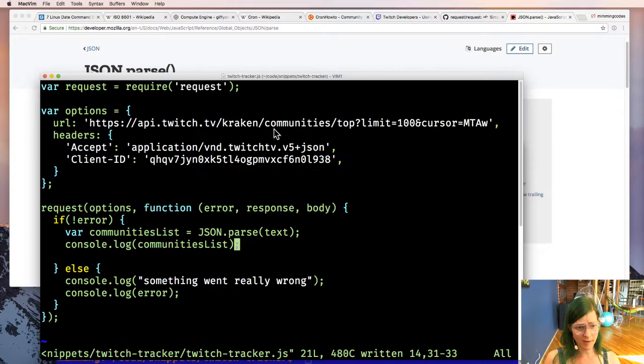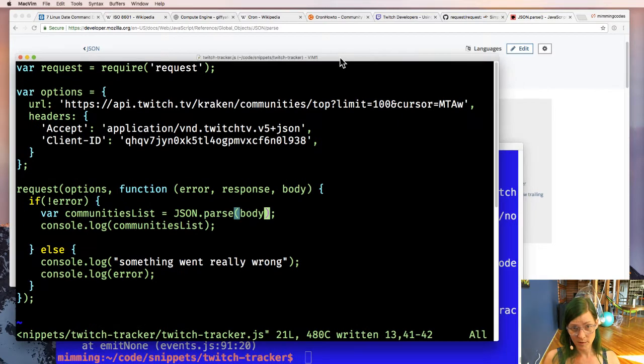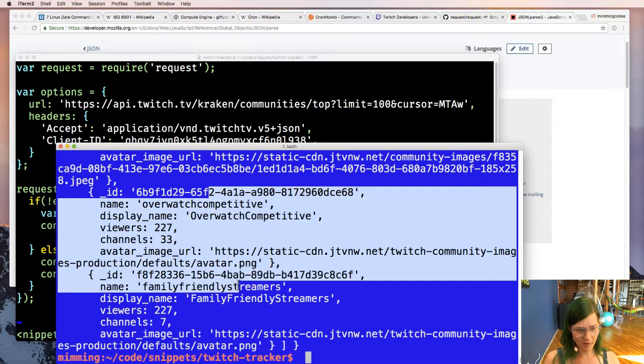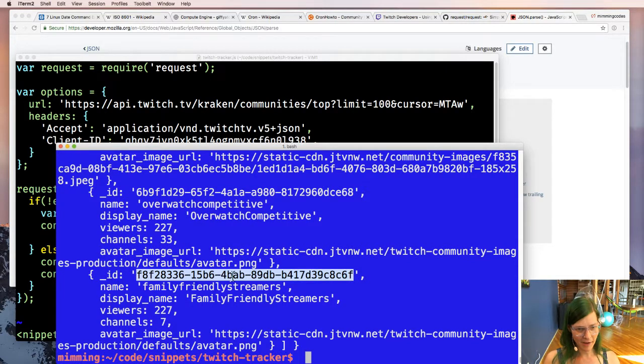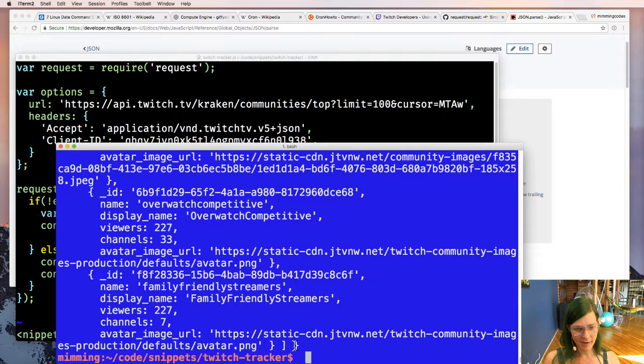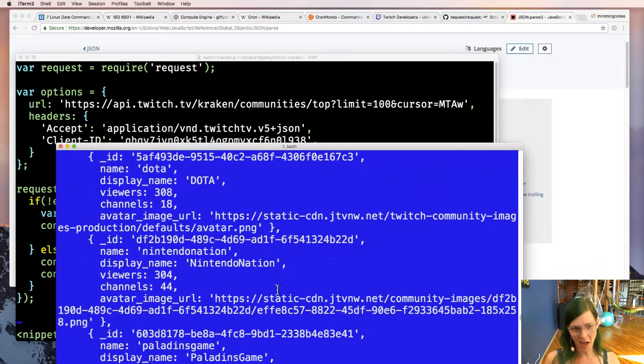Oh, it exploded. Text is not defined. Of course, text is not defined. That's response. That's body. Response body. So let's drag that up there. Let's give that a kick. And hey, it's actually parsed now. That's kind of cool. And it's, of course, a bunch. Is it an array of... It's an associative array with an array in it. And like 100 streams.